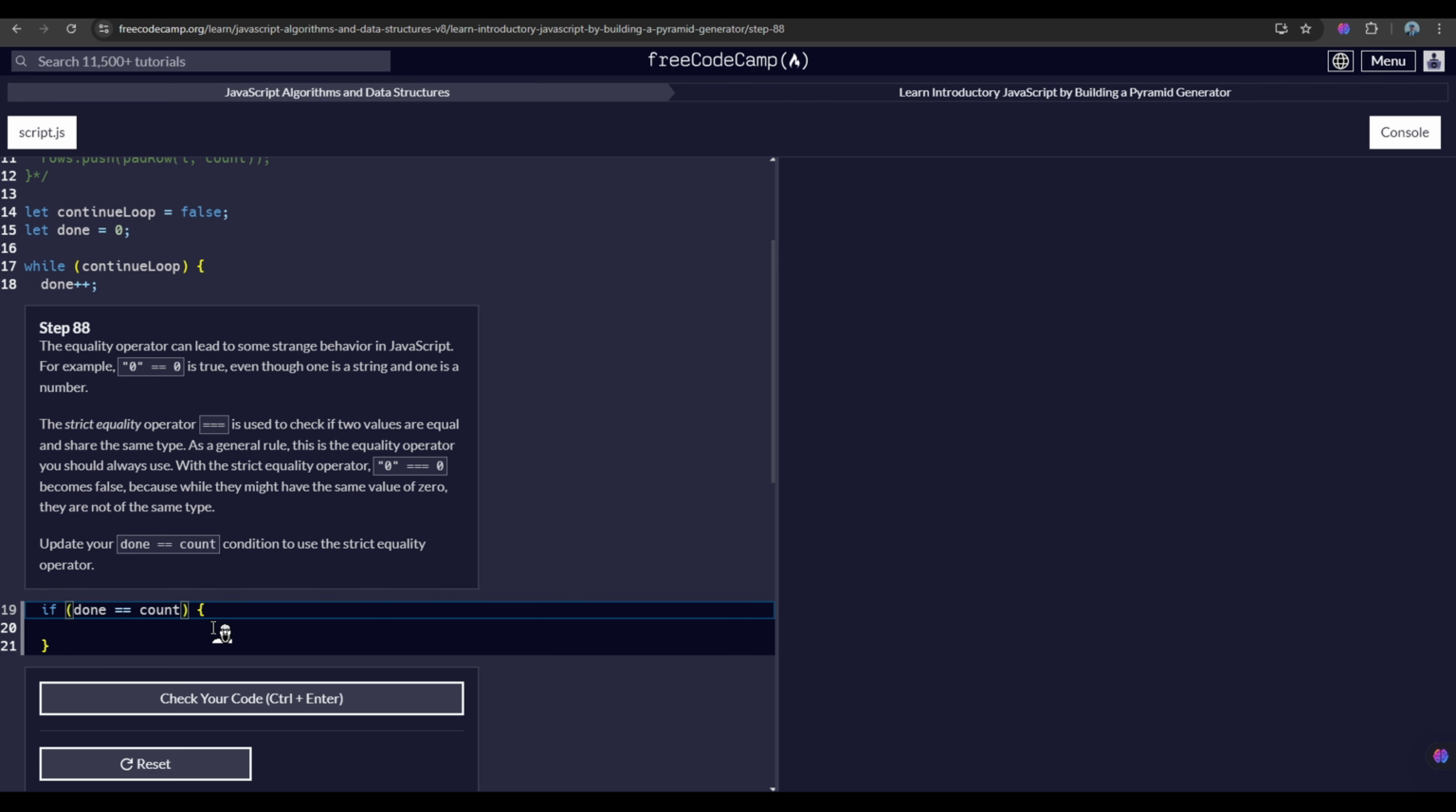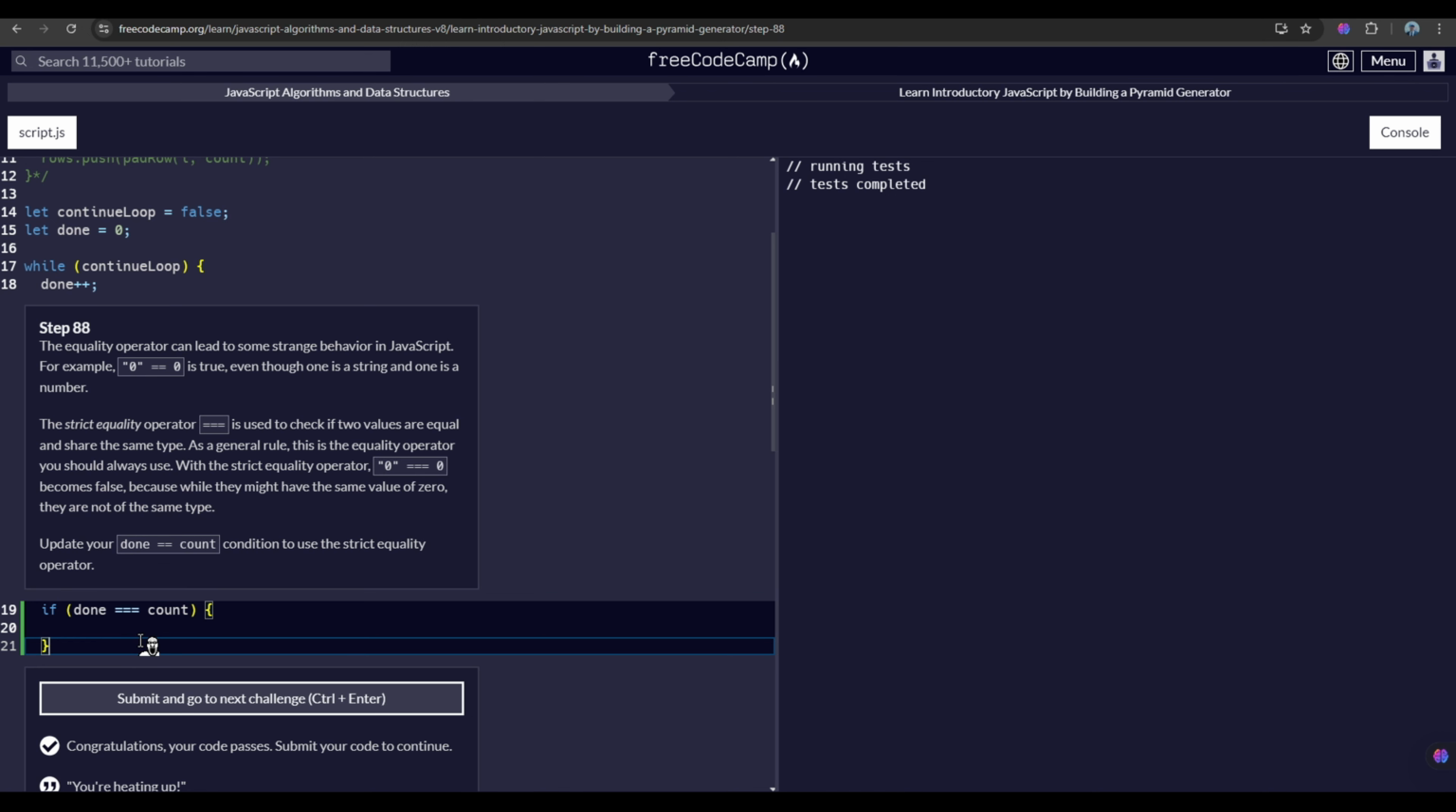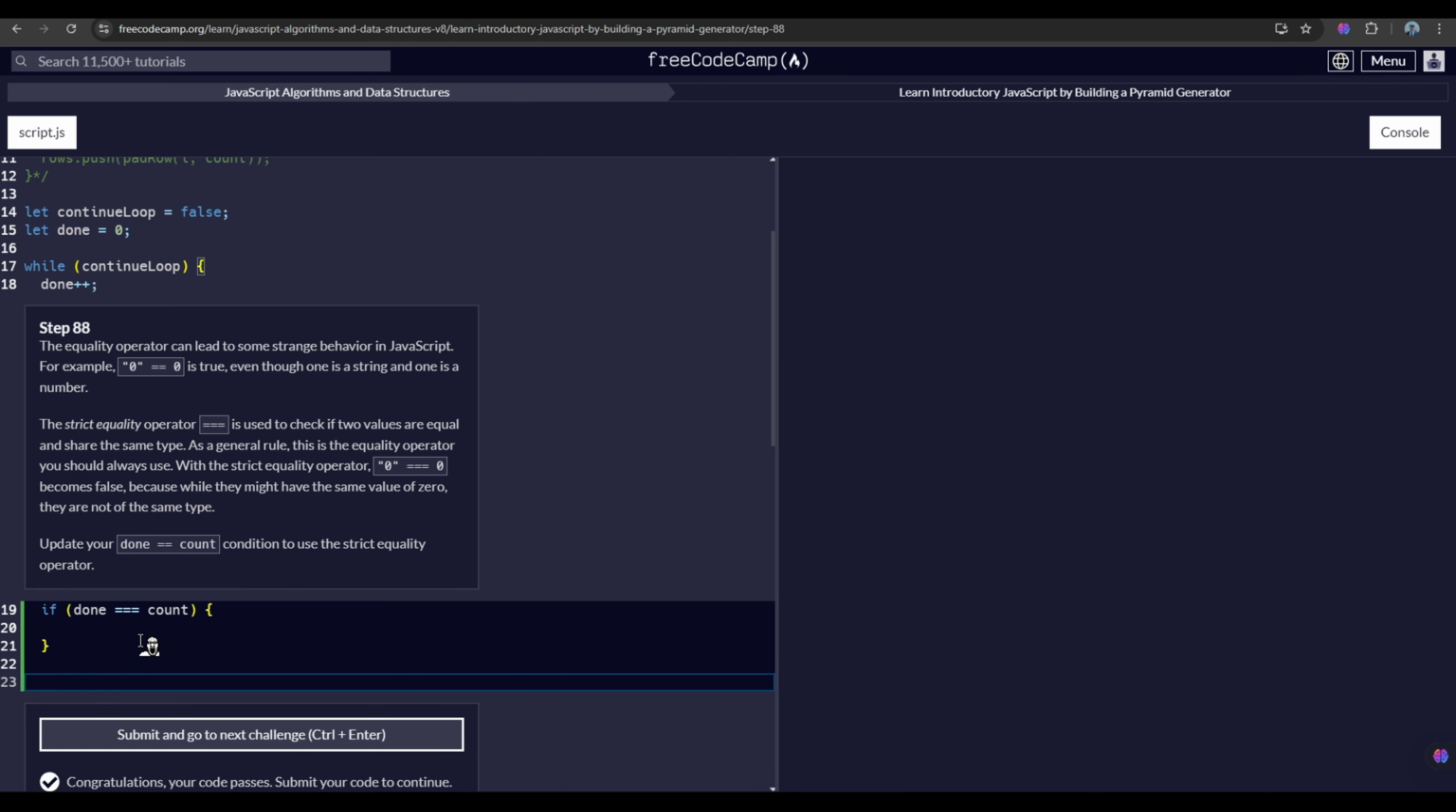Okay, we have to update to the strict equality. So we have to update our equality operator to a strict equality operator, because using the strict equality operator is safer. Why? Because again, just as the example has shown us, if we have a string value of 0, with the use of the strict operator,